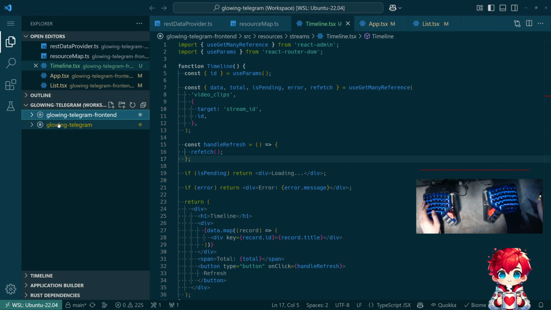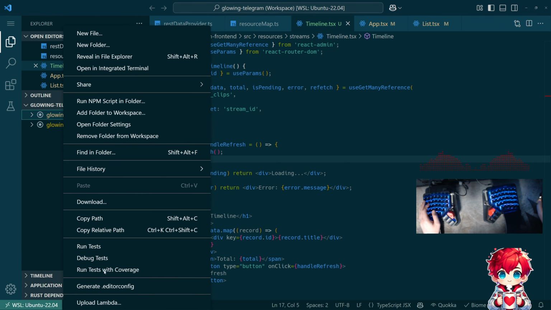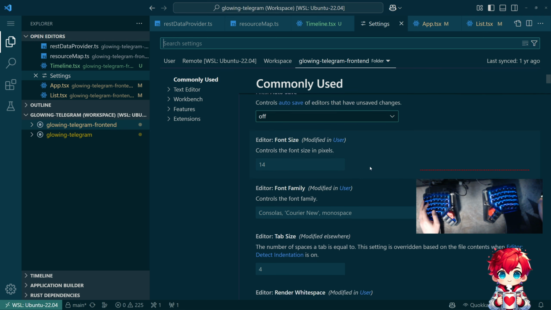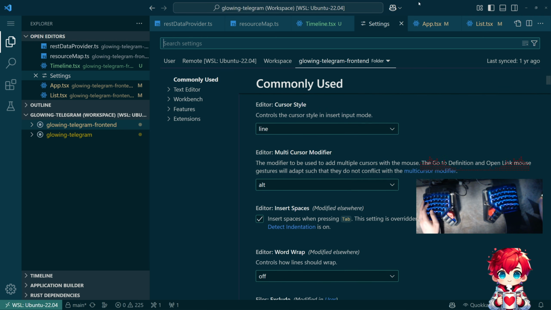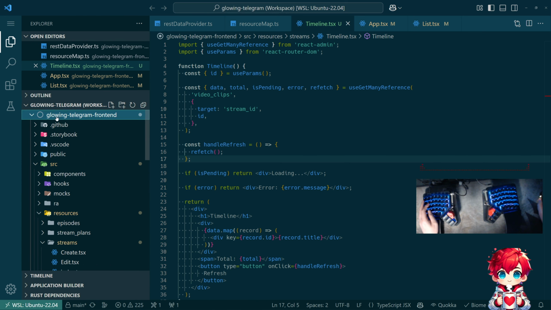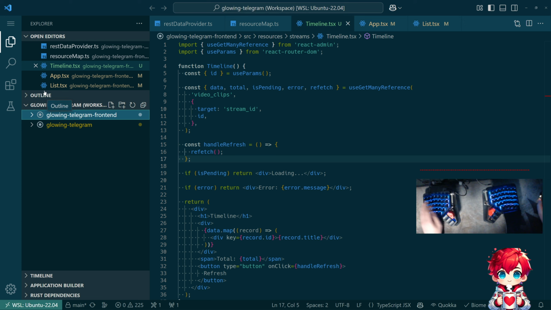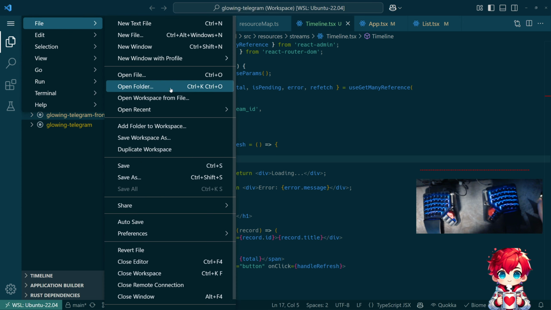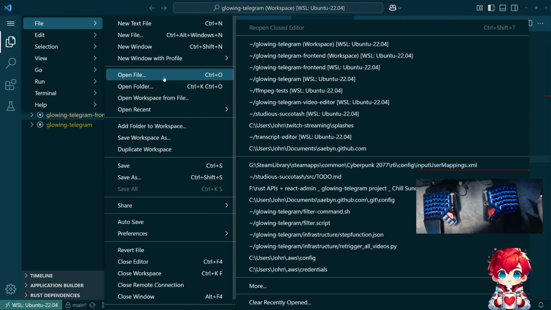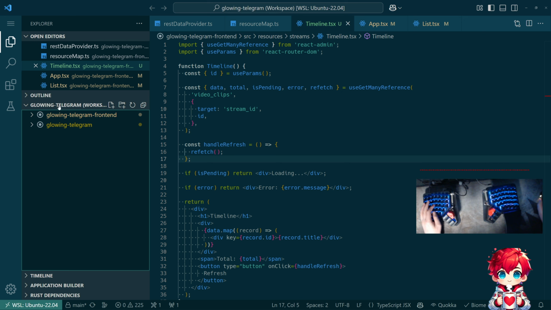Okay. Can I give these shorter names? Open folder settings. Okay, so no. Folder. I should learn more about how workspaces work. But anyway,